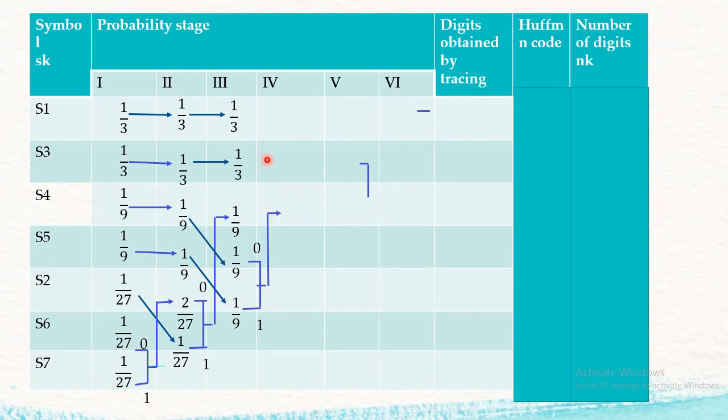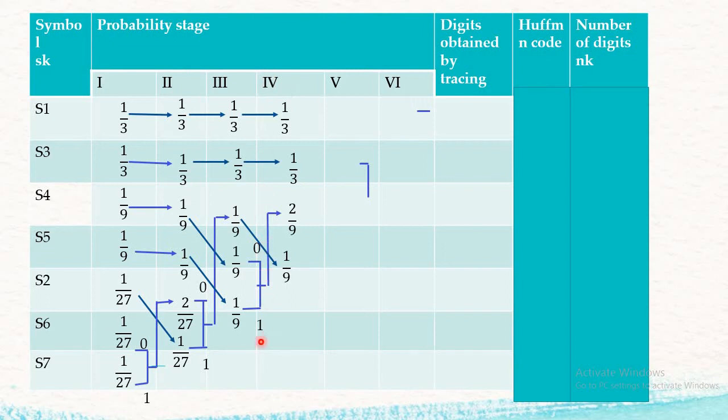Where will this 2/9 come? The 2/9 will look for the position which is as high as possible. As this 2/9 is less than 1/3, it will come below 1/3. So this 1/3 remains as it is, and the second 1/3 remains as it is. Now this 1/9 position will be occupied by the 2/9. So 1/9 comes downward and this goes above the 1/9, and then we assign the values 1/3, 1/3, 2/9 and 1/9. With this we have finished step 3.